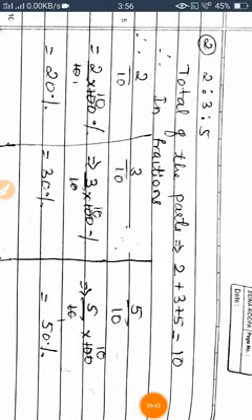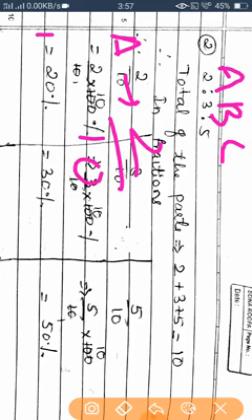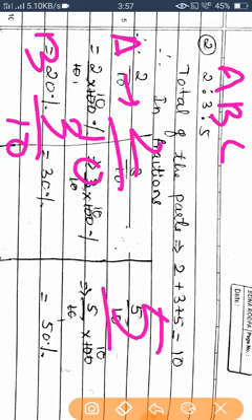Now the next example for the ratio. So here 2:3:5 is there. So the parts are given for A, B, C. So total parts we have to find out. 2 plus 3 plus 5 is equal to 10 parts. So out of 10 parts, 2 for A are taken. For B, 3 by 10. Out of 10, 5 for C.